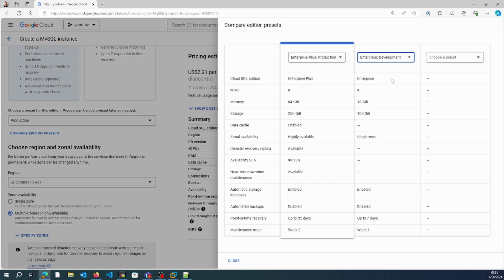or it's a development. You can see the change in the memory, storage, data cache and availability zone, even the maintenance order. These are the differences you can see. Even in here, if I put the sandbox, we can see memory 8 GB, 10 GB storage, and a maintenance order of 1 week. So likewise, we can select